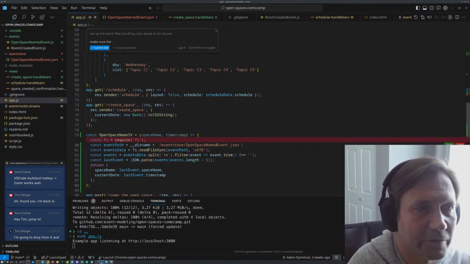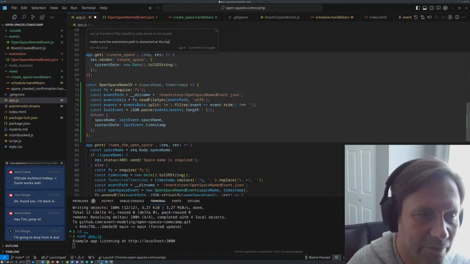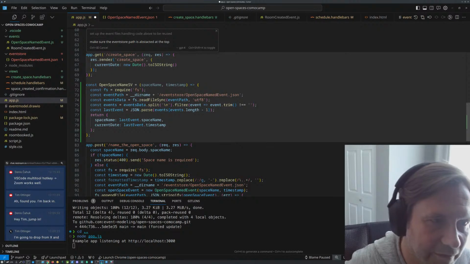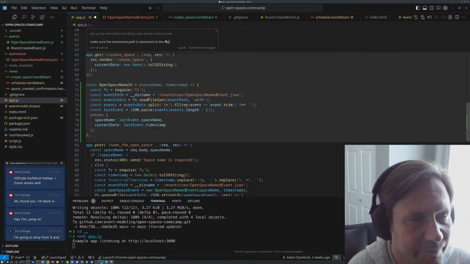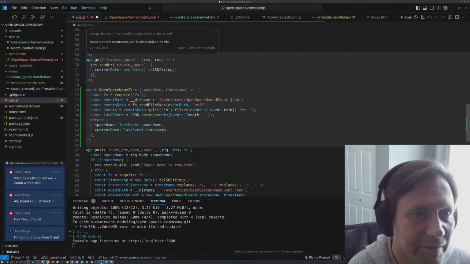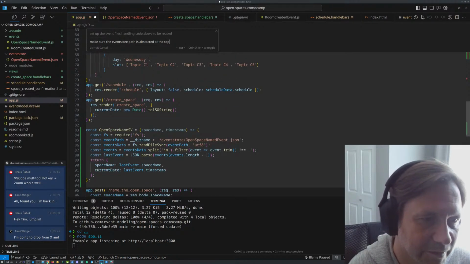Make sure the event store path is abstract at the top. Just don't like how much code is in a simple thing. Looks like I want my state views to be a lot simpler. I don't want the file system to be really, you know, the require shouldn't be there.